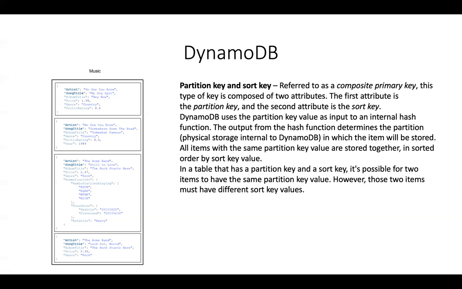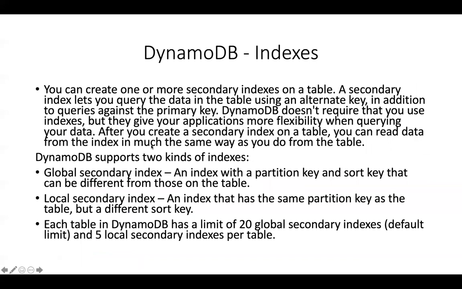The way you create the indexes, you have to be pretty strategic, because your searching performance is based on that. A global secondary index means that other than whatever keys you have on your table, you can choose a totally different set of keys. That's why I showed you this example, where when you created the table, the partition key was the artist and the song title was the sort key, but for the global secondary index, I can have the album title and the price.